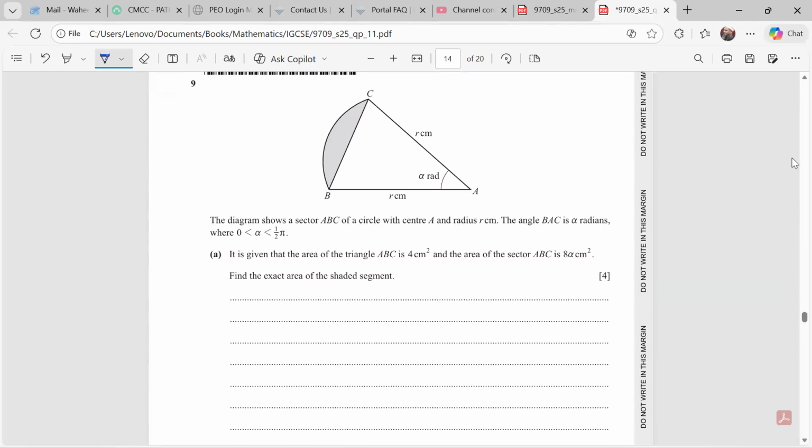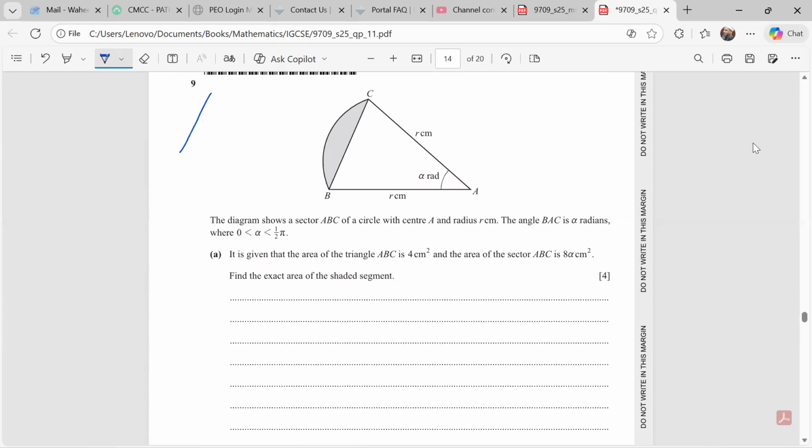Okay. So it is an interesting situation that the diagram shows the sector ABC of a circle with center A and the radius r centimeter. The angle BAC is alpha radian. It's given that the area of the triangle is this. Before I solve this problem, let me explain a little bit how do we find the area of a